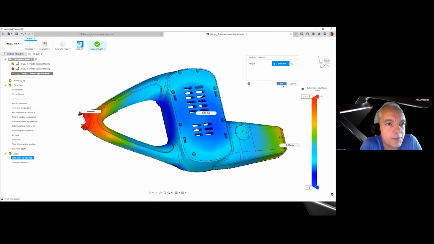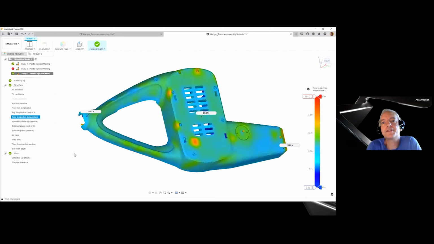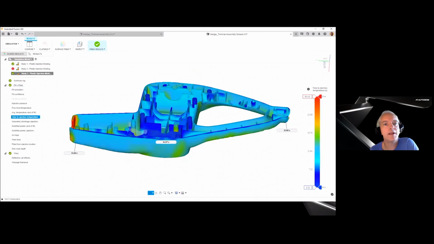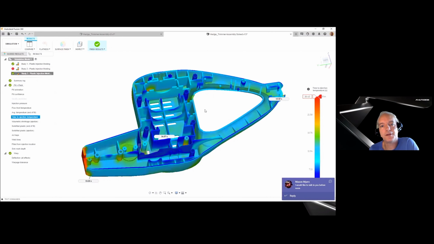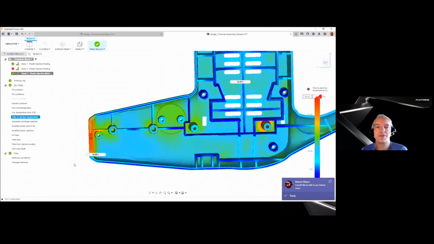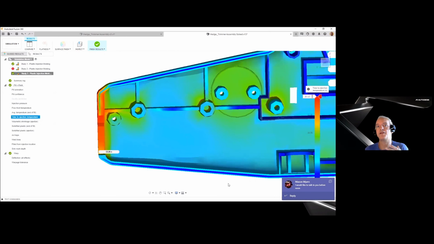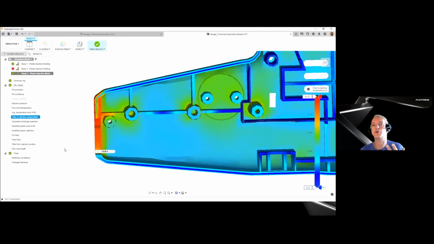I think another thing I was going to point out is the time to reach ejection temperature. I think that is a very useful result. If you rotate your part, because I saw this earlier when we built up this demo, on the bottom left we do see an area that's red, and that's an area that is really, really thick. One of the problems we have is that this thick area is going to take a long time to cool down, and that's going to dictate almost your entire cycle time.